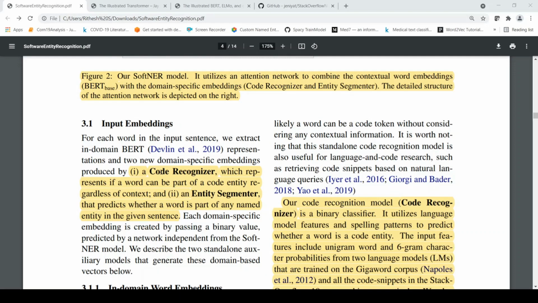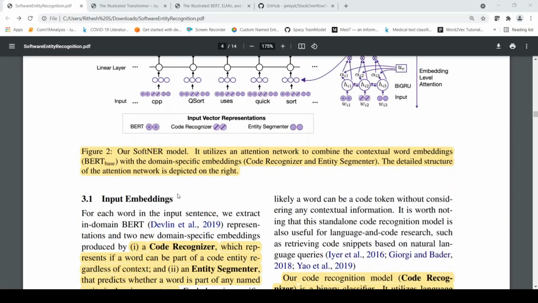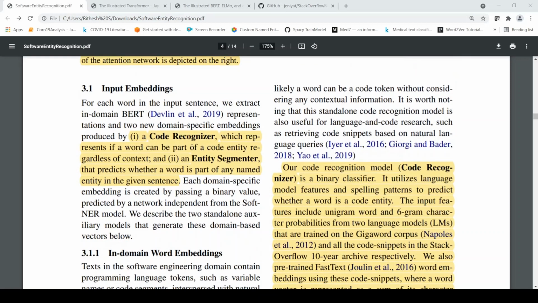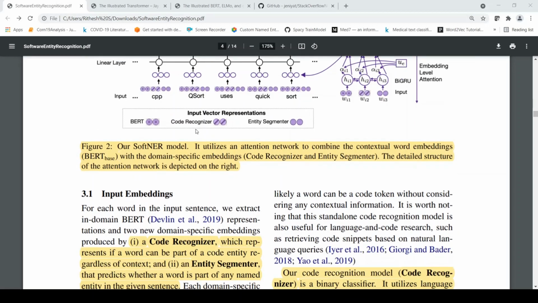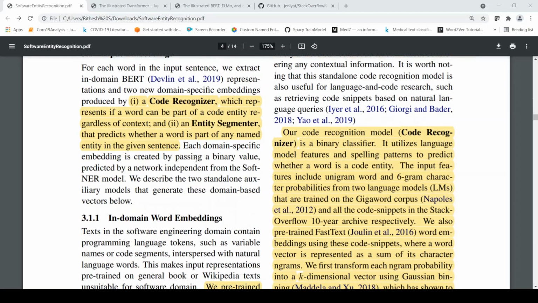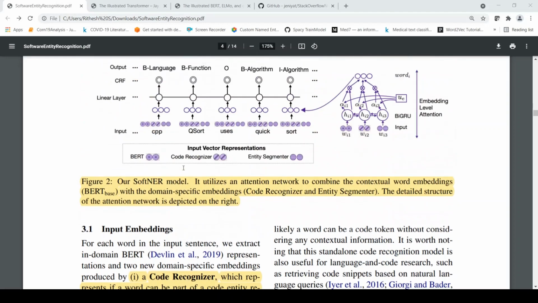So what is this code recognizer which is created over here? The code recognizer is a separate model which represents if a word can be part of a code entity regardless of context. So whether this word can be part of code or not is the code recognizer. The entity segmenter is one which predicts whether a word is a part of any named entity in the given sentence.